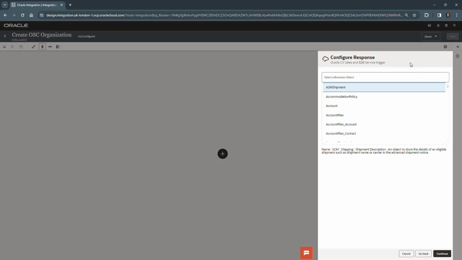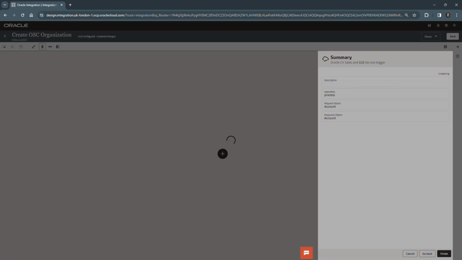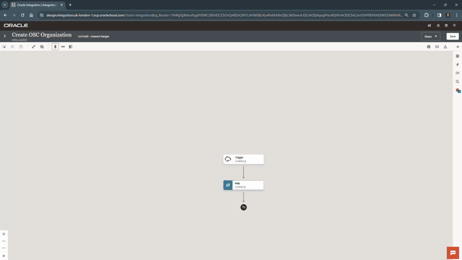All right, here on the configure response page, this time we're also going to return another account business object, obviously filled with more data once it goes back to the client. Our summary page confirms our choices. We click finish. And we're now returned to the integration design canvas. And of course, once again, the mapper is now ready to be mapped, once at the end, I should say. It's available for us, but we can't really implement that yet until we have called something else first. So we'll click save,